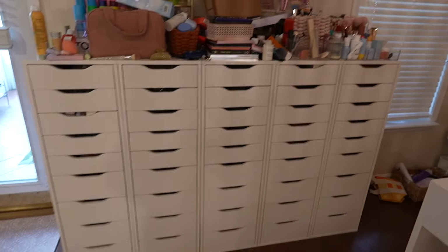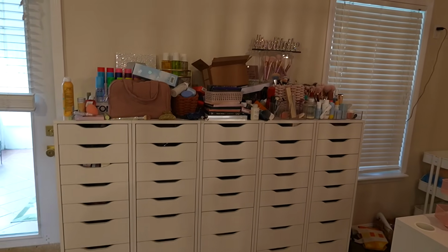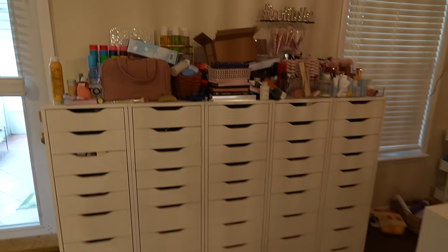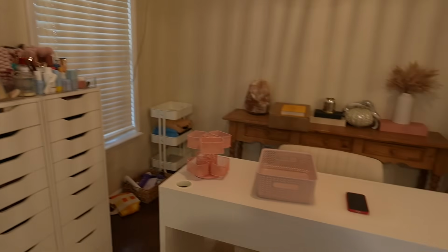I don't know. Almost every drawer, oh my gosh, I keep tripping on things. Luna was playing with some PR packages. But yeah, almost every drawer has something in it. Actually, I think every drawer does have something in it. So we're gonna have to get all of this out of here,